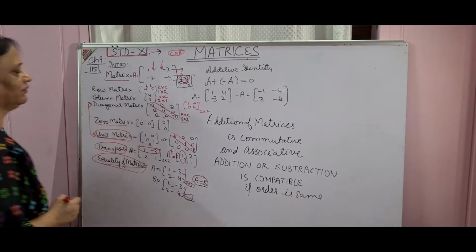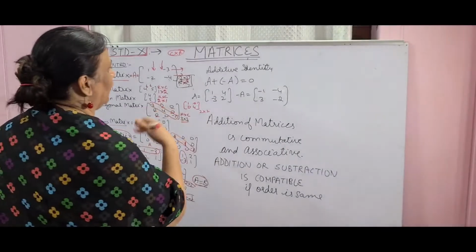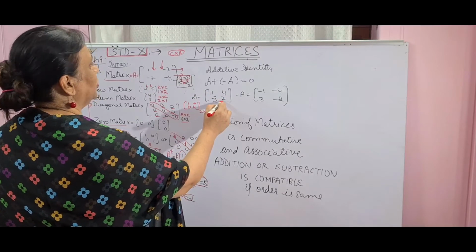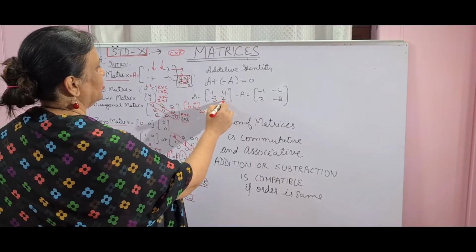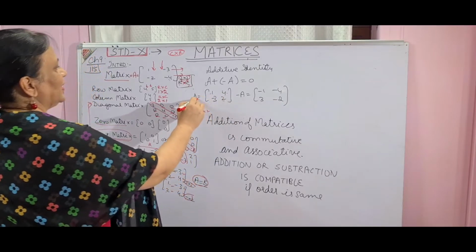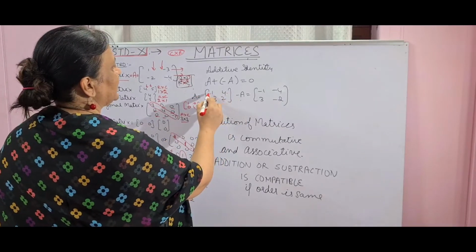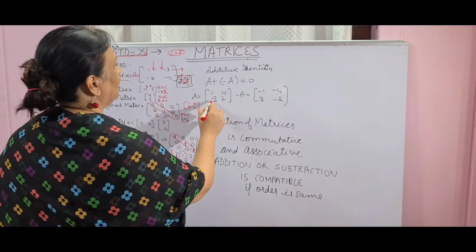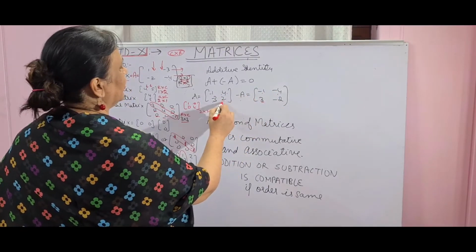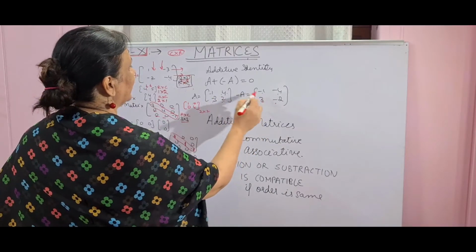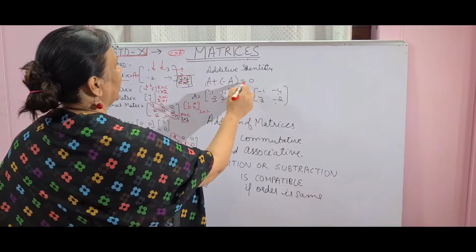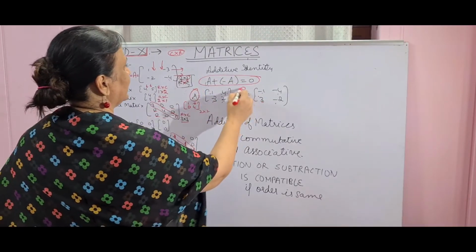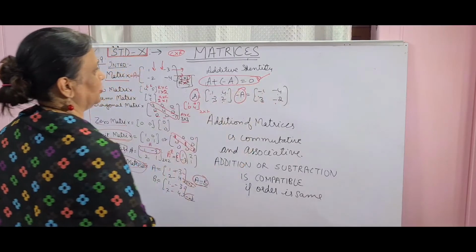Then come to additive inverse. Additive inverse is totally opposite of what is given. If A is given to be 1, 4 as the first row and minus 3, 2 as the second row, and I have to write the additive inverse of it, I'll change the signs. Plus 1 will become minus 1, plus 4 will become minus 4, minus 3 will become 3, and 2 will become minus 2. So this is the additive inverse. A plus minus A is equal to 0. And remember children, whenever we add A and its inverse, the answer will always be 0.